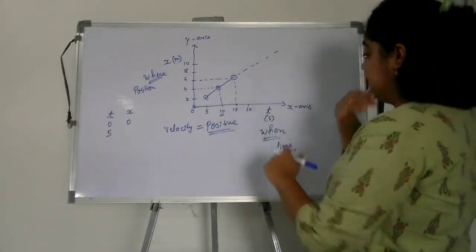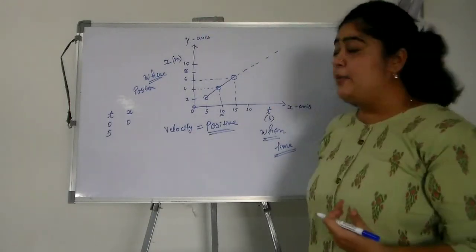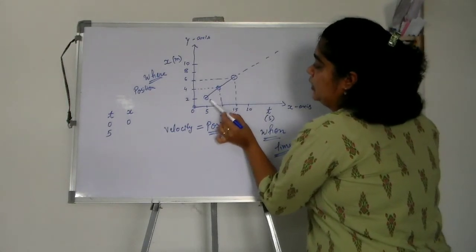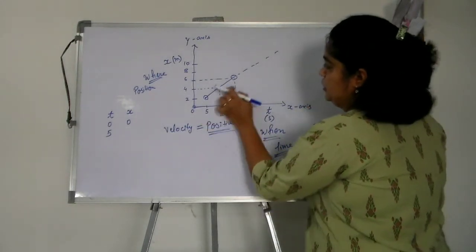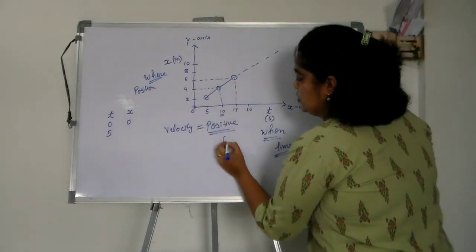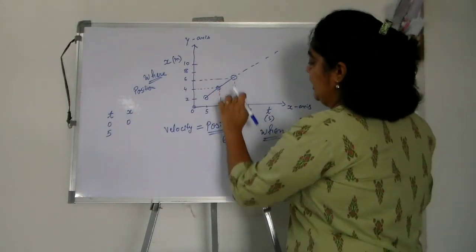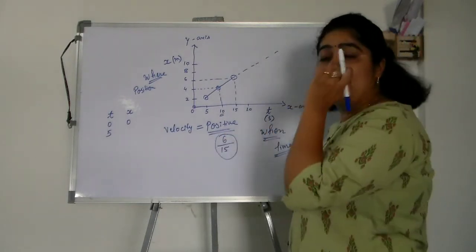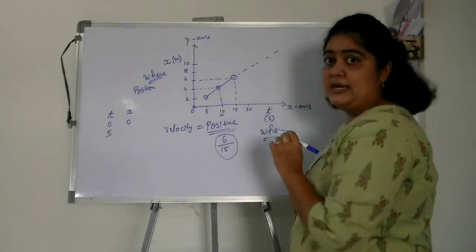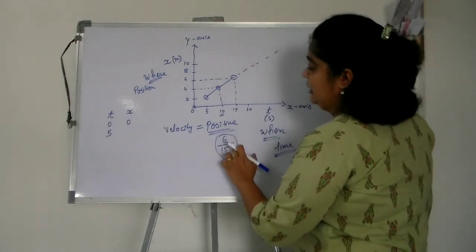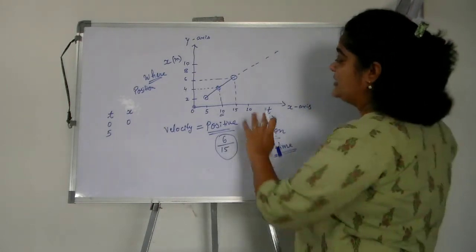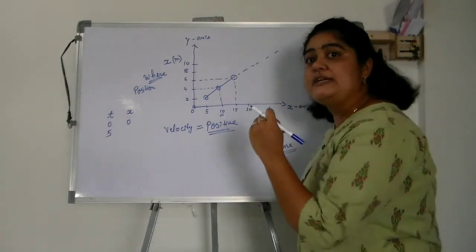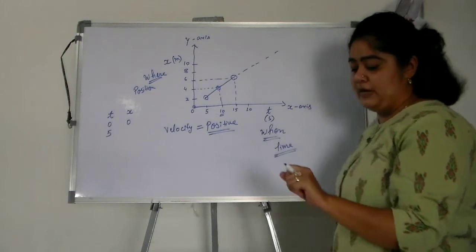Okay. Now what is the definition of velocity? It is distance travelled upon time taken. So what is the distance travelled from, say for example, 0 to 15? It has gone to 6 meter. So 6 meter, and what is the time taken? 15 seconds. So 6 by 15, whatever answer you get, that is the velocity. And you are very sure that distance travelled upon time taken is my velocity. So this type of velocity is a positive velocity, and the motion is taking place with a positive velocity.